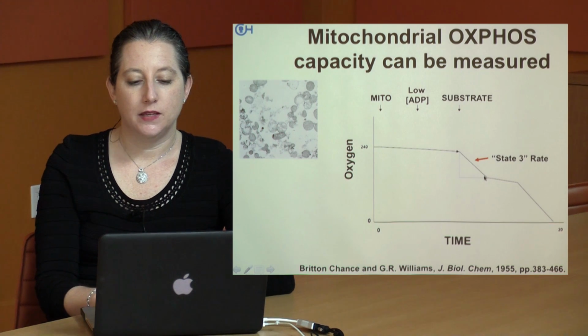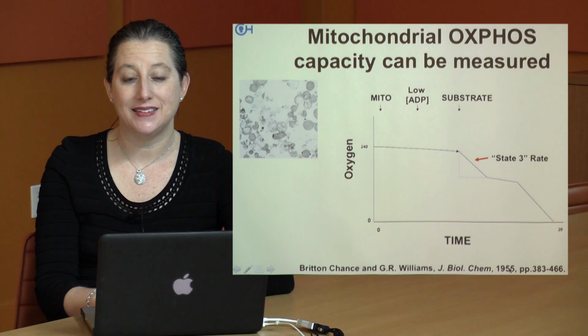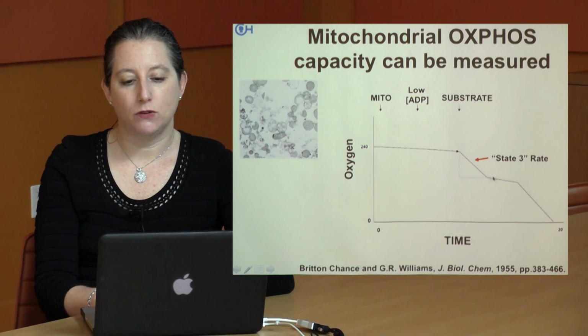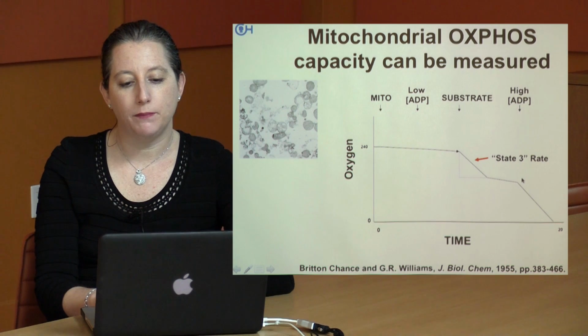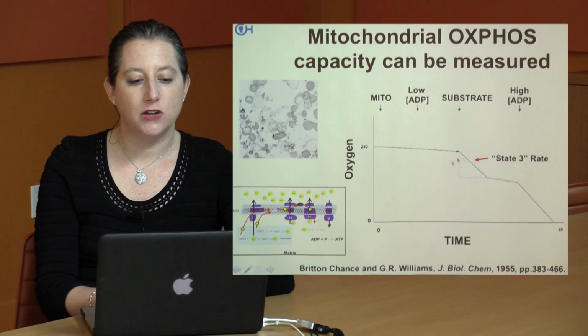However, this rate, which can be measured, doesn't last forever. This was defined by a legend in the field, Dr. Britton Chance's state 3 respiration back in the 1950s. When the ADP gets used up, it all gets converted to ATP, and the rate slows down. But if you were to give more ADP, the mitochondria breathe again. And historically, this has been the way to measure whether the respiratory chain is working as a group, as a